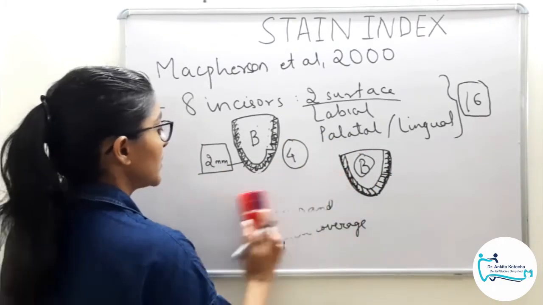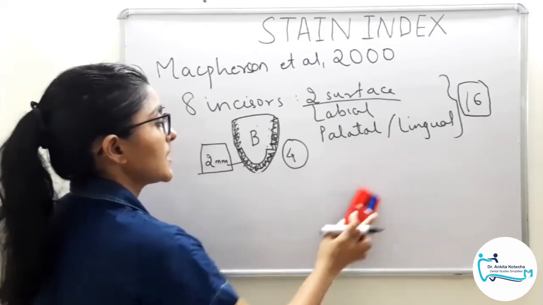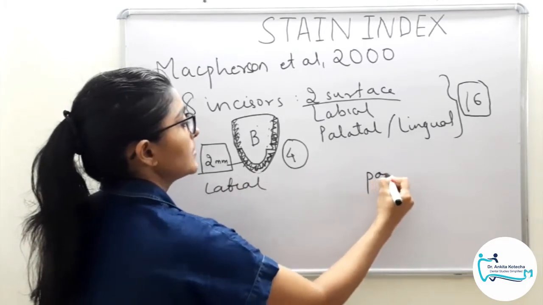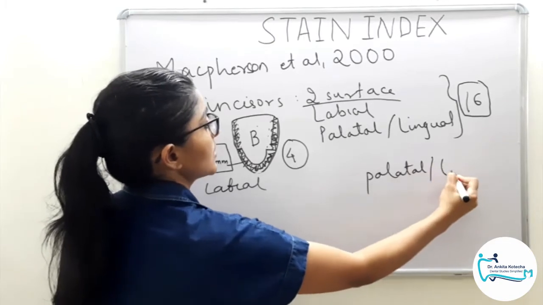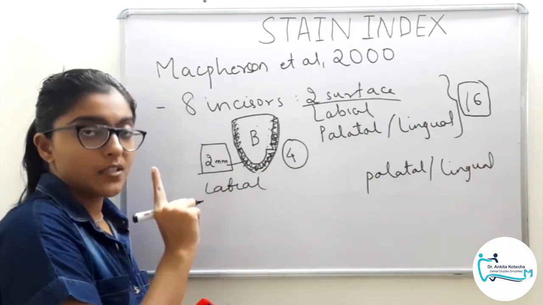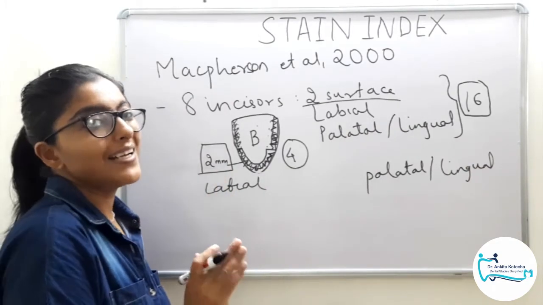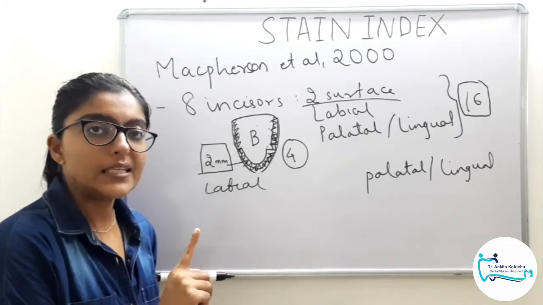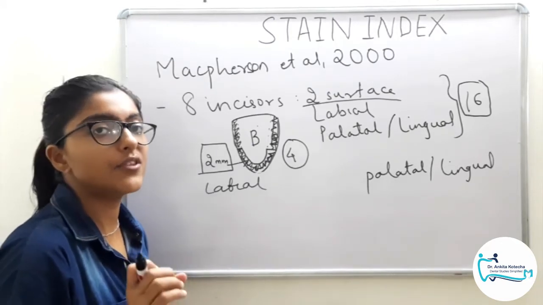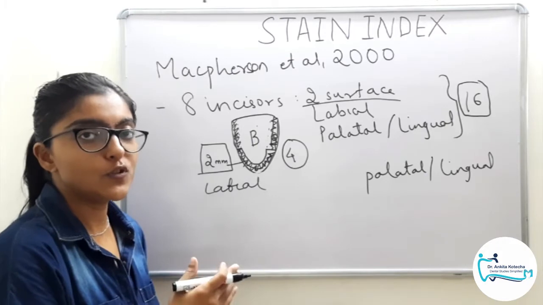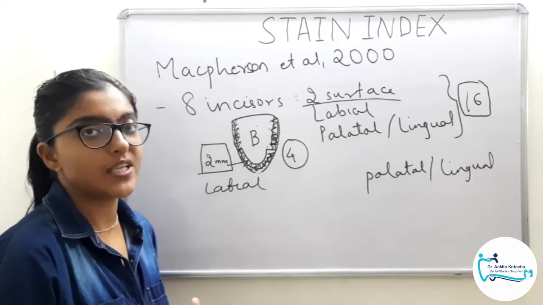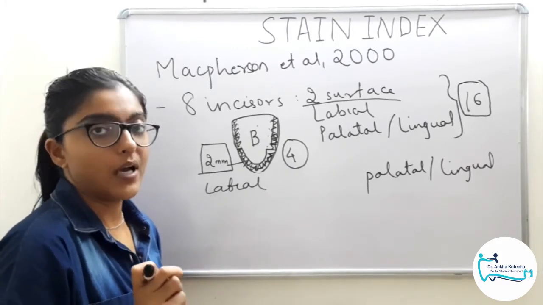The body region can be scored as per the scoring criteria, which is different for labial surfaces and palatal or lingual surfaces, owing to the morphological differences. Now again, the scoring criteria are firstly modified to make a clear demarcation between individual scores. As in the conventional index, we had for intensity 0 no stain, 1 light stain, 2 moderate stain and 3 heavy stain. But here we have different scoring criteria to make the demarcation between individual scores more clear. Those were quite subjective and these are now more demarcated ones.